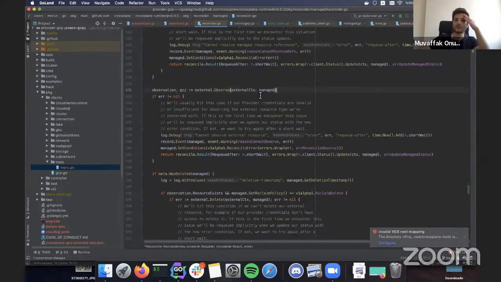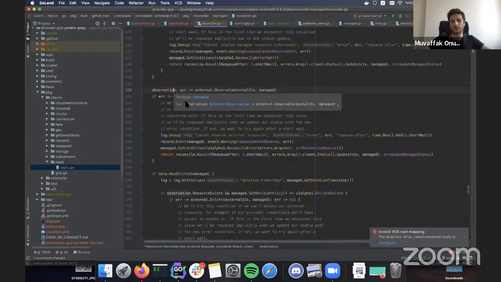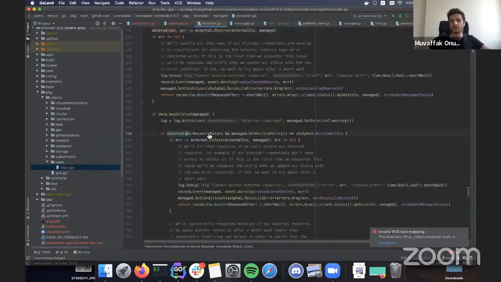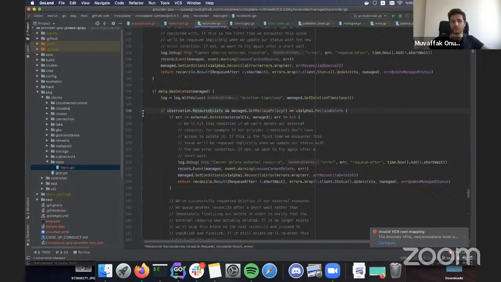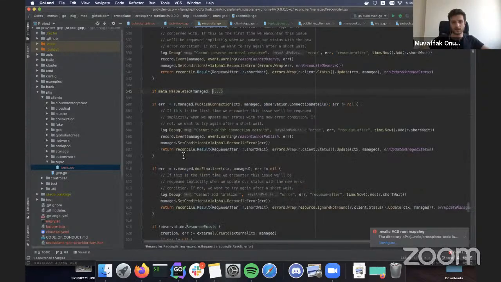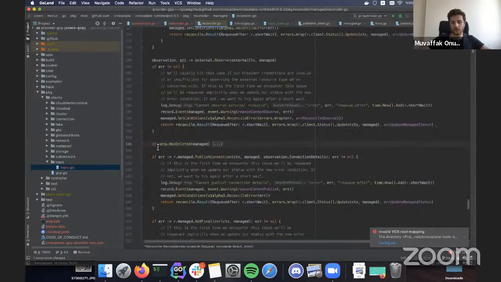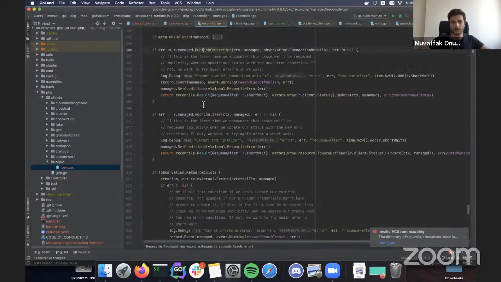So the first call is observe, and in the observe, it returns an observation. And this is critical because observation has a field called resource exists, and if this is false, or this was deleted. Okay, so this is what happens in case it's deleted. We're not there yet: publish connection, finalizer.